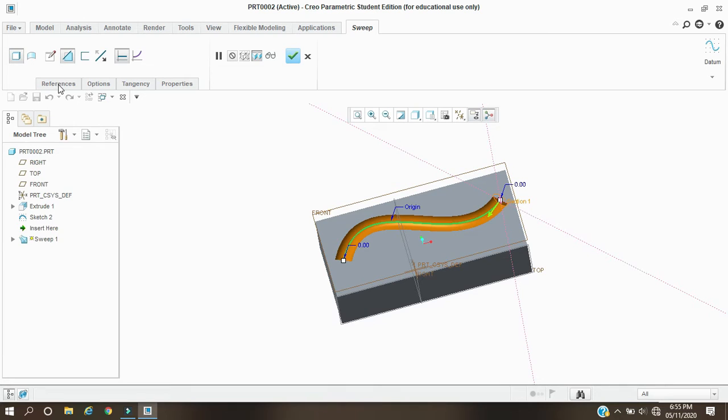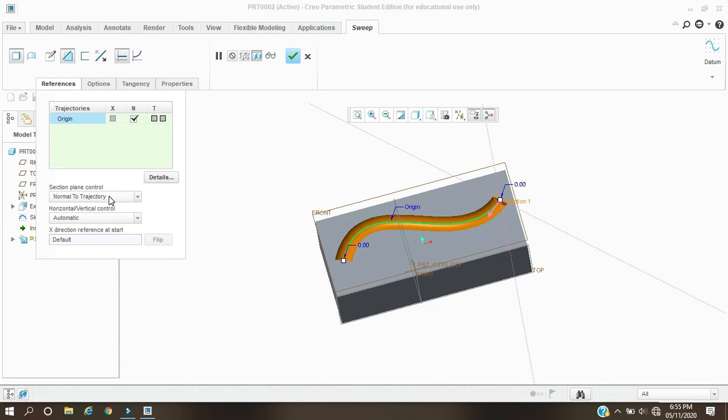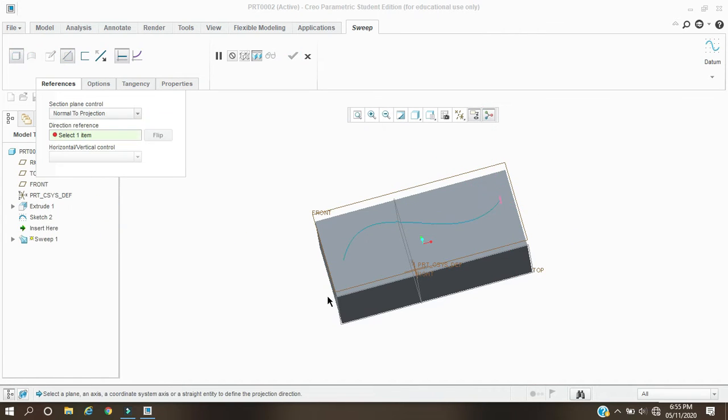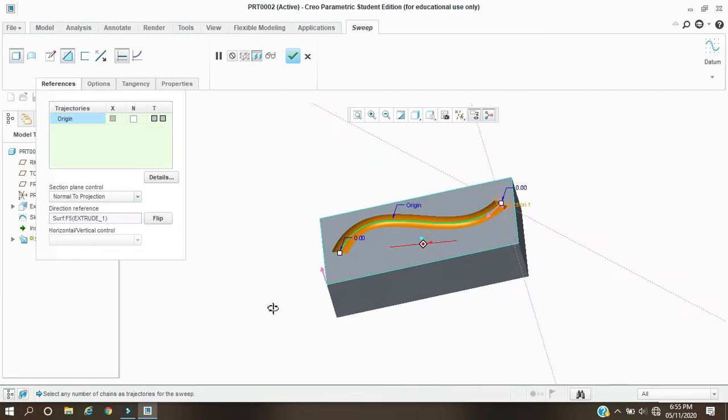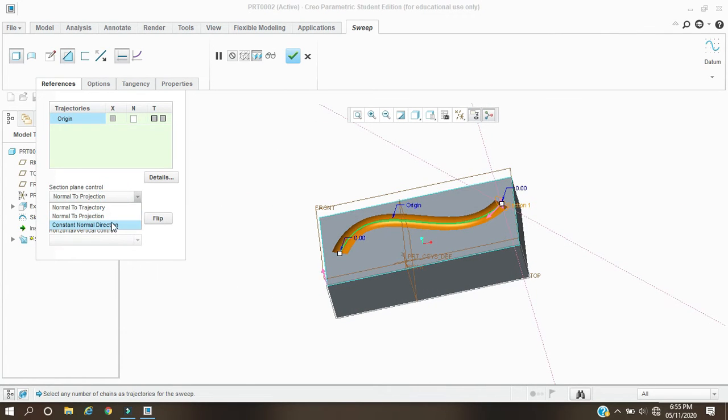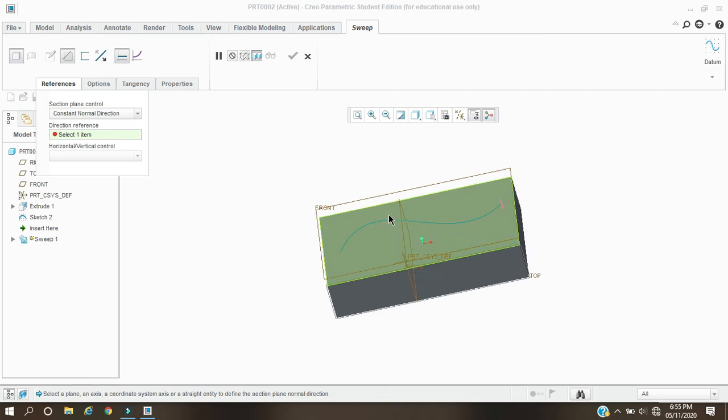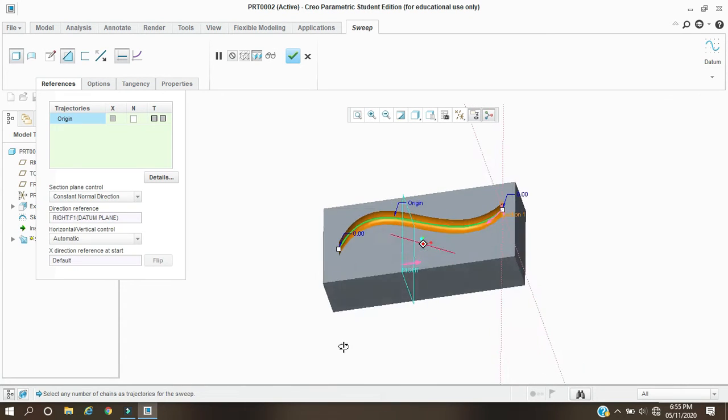over the trajectory. If you want to change the material flow along the constant normal direction or a projection, for example I want a projection or normal to this guideline, or I want constant normal direction, I want normal direction along this plane. Now you can see the cross section is cut normally along this plane.